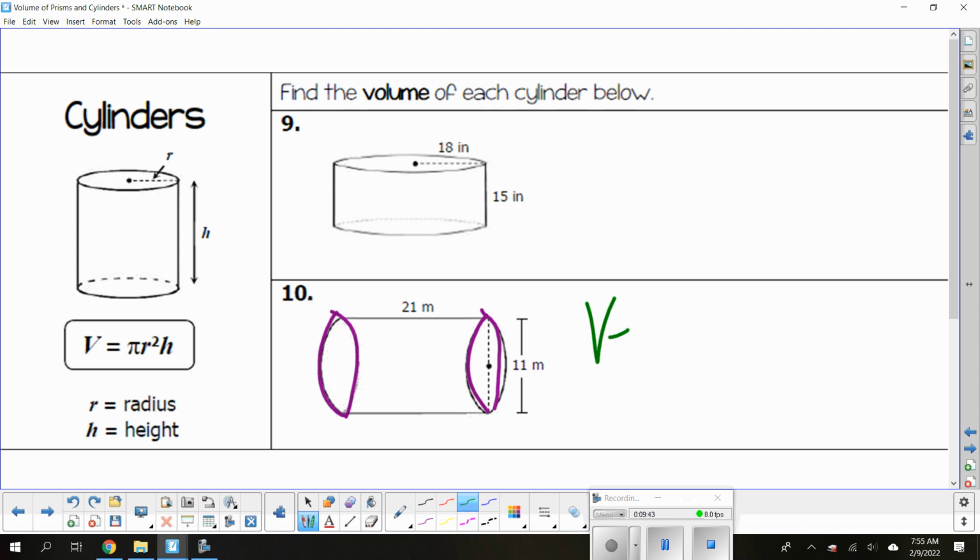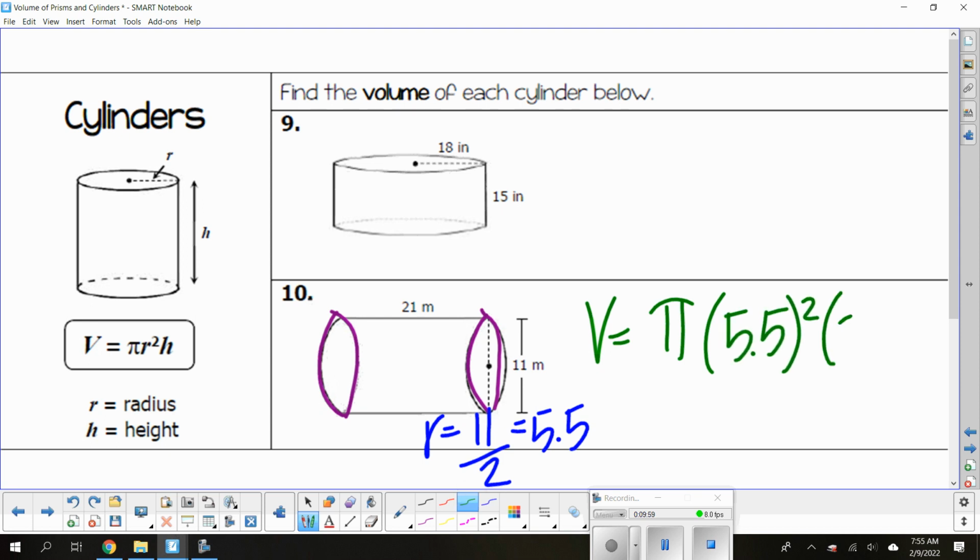You're just going to take pi times our radius. Well, I don't have radius. I have a diameter. Remember, to find your radius, you take the diameter and cut it in half. So that's going to be 5.5. 5.5 squared times your height. So my volume there